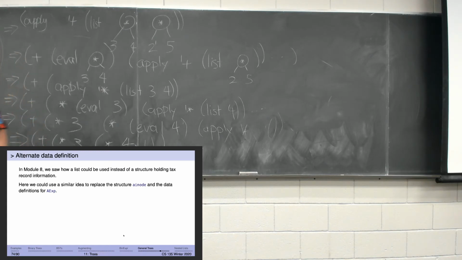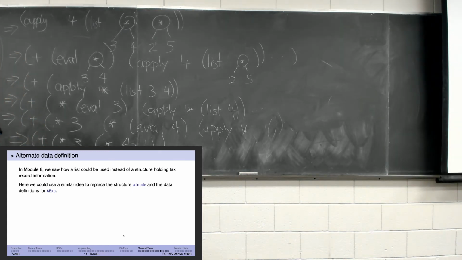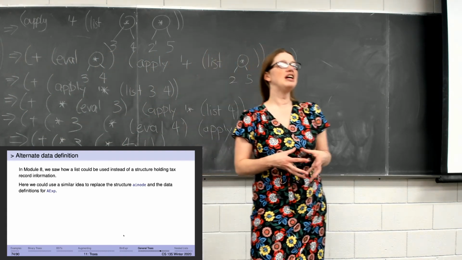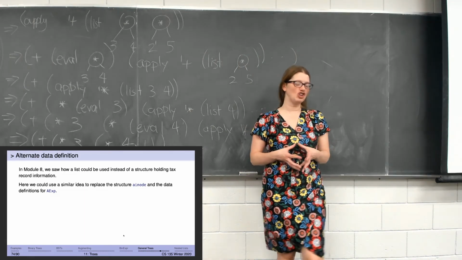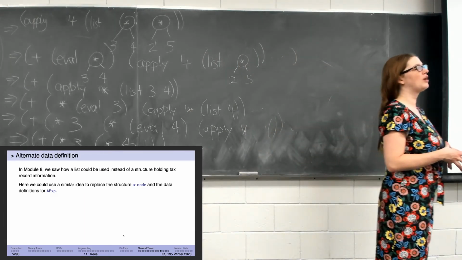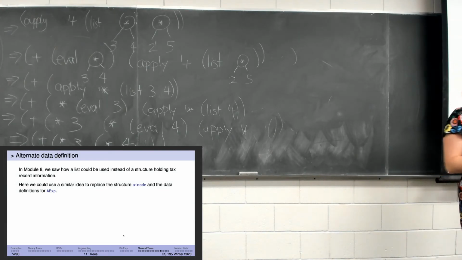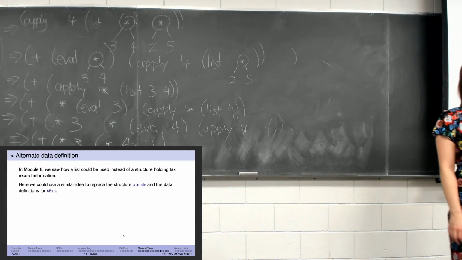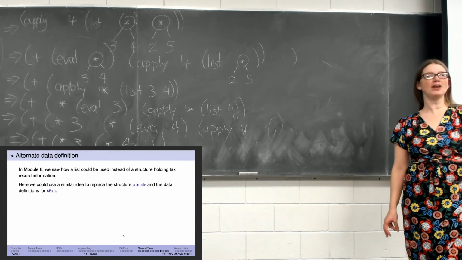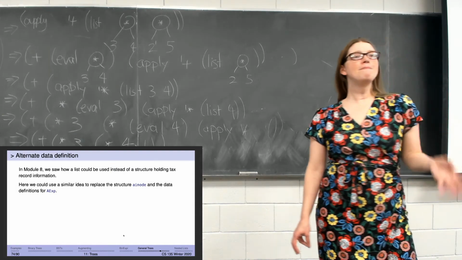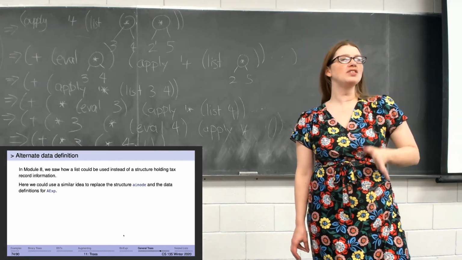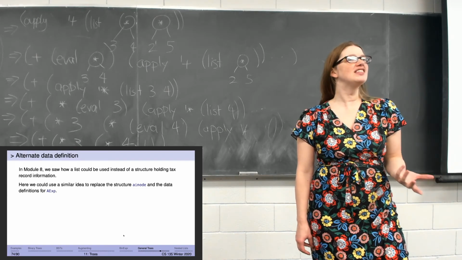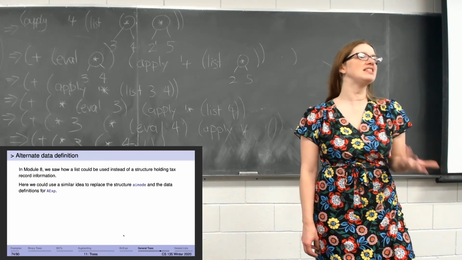Now, here's the interesting thing. So all of the trees that you've seen so far, we have actually treated the tree nodes as structures if they were internal. So all internal nodes were an actual structure, and then our external nodes might have been a structure or they might have been a simple data type. You don't have to use structures. And in fact, my entire experience with Scheme, up until I started actually working with this course, which was about 10 years ago, I never used structures